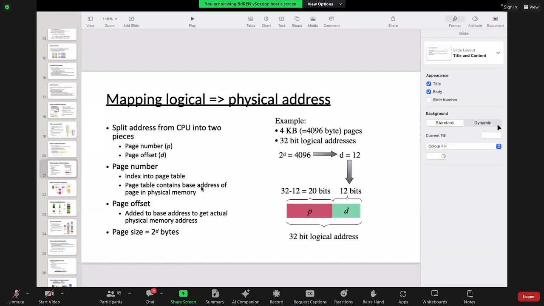Now in that, exactly what is the frame number? How will we get it? Using this page offset. Once you add this page offset to the base address, you will get exactly what page frame has to be picked from the physical memory. So again I'll just reiterate this example so that you guys will understand in a much clearer fashion.